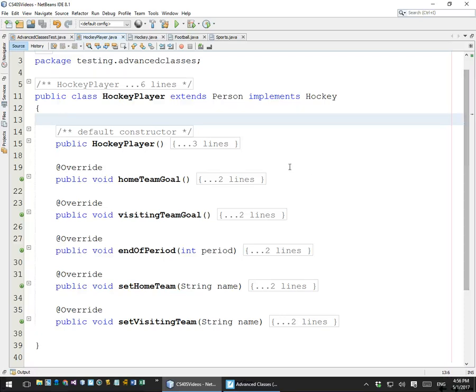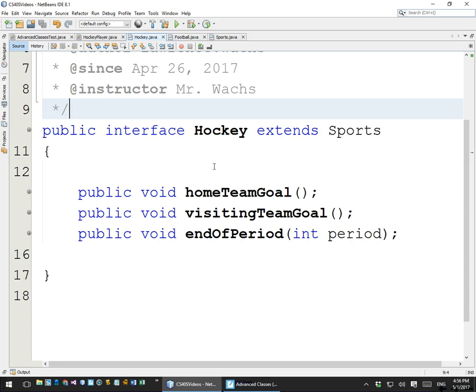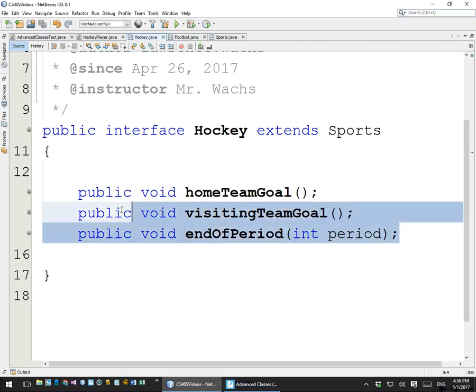Okay, so everybody, let's pick up where we left off last time. The last thing we worked on was writing the code for a hockey player. And the hockey player class is an extension of the person class, so it is a person, but it also implements the hockey interface. And just as a reminder, interfaces are places where all the methods are abstract, and you